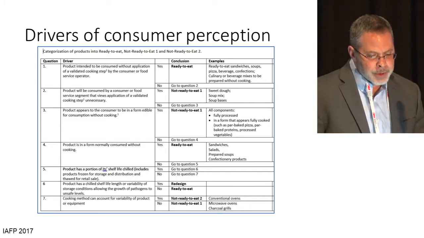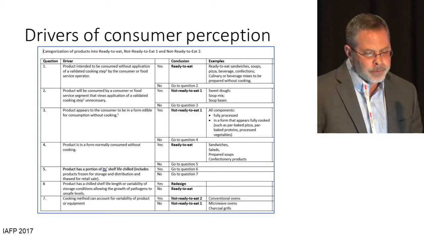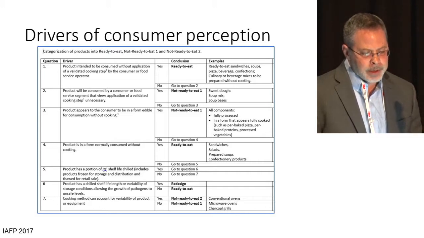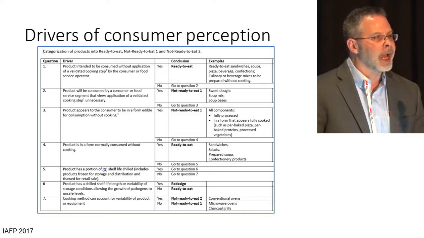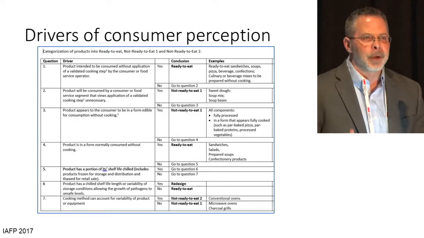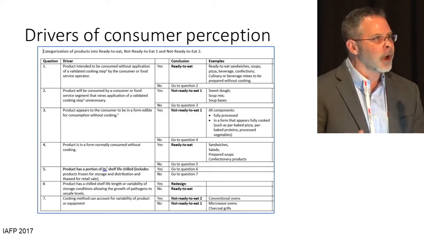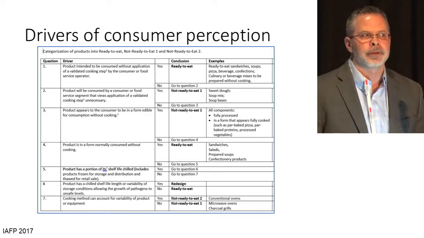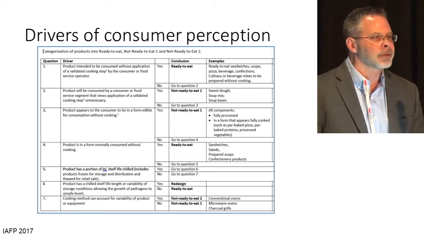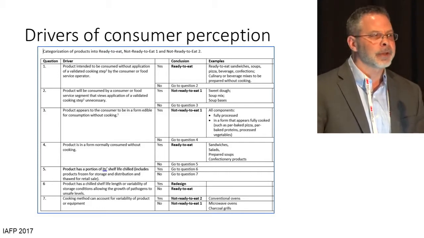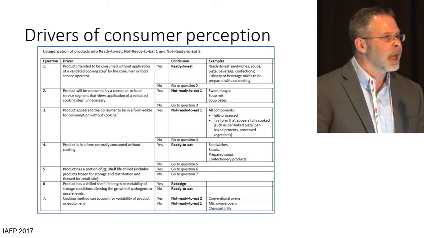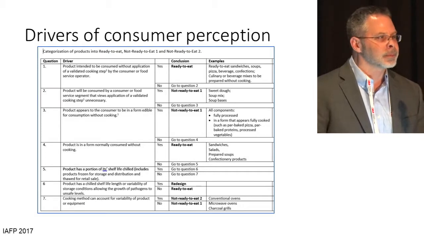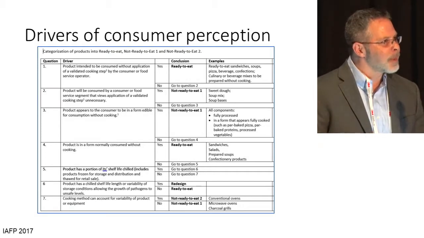But other questions, the product will be consumed by a consumer or food service segment that views the application of a validated cooking step unnecessary. And that could be Toll House cookie dough. What we saw after we had the outbreak, we were off the market and there was a highly publicized outbreak, do not eat raw cookie dough, and the FDA said this and Nestlé said this, but nevertheless there were blogger groups that insisted it was their right to eat raw cookie dough and they would accept the risk. And the problem is, they might accept the risk, but if they get sick, the FDA has to take action regardless of if the FDA thinks they messed up, and we are responsible regardless of if we labeled it appropriately.